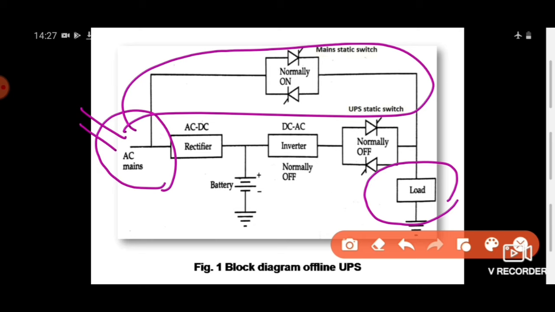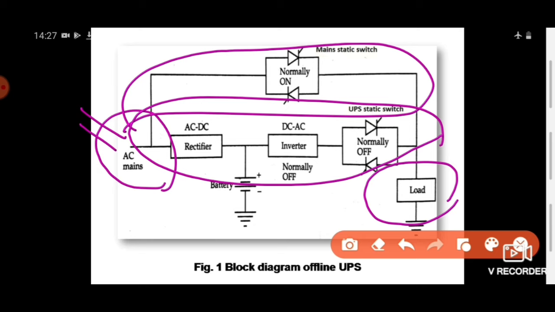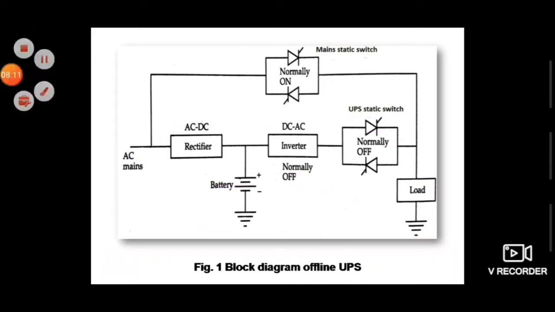The changeover time taken by this UPS system, so that this system will start to work, is actually 1/4 of a cycle. We know that for the AC main line voltage the frequency is 50 Hz, so obviously the time period is 20 millisecond. So 1/4 of a cycle means 20 by 4, that is 5 millisecond. The backup time of the UPS depends on the ampere hour capacity of the battery bank.